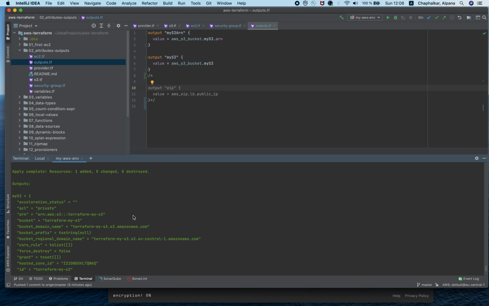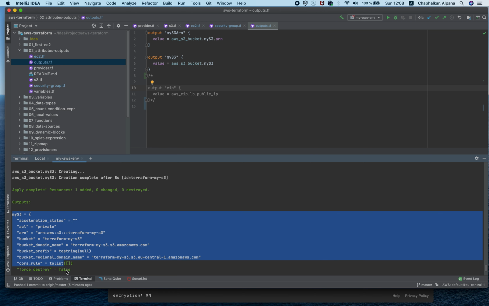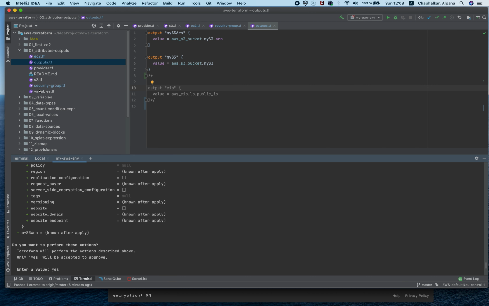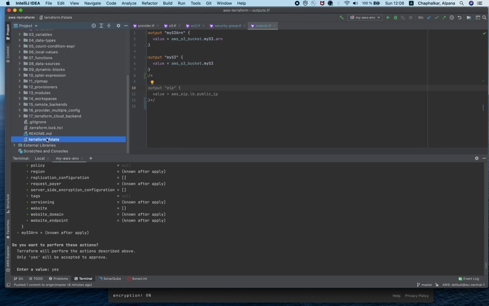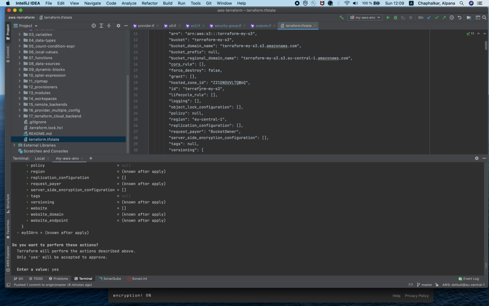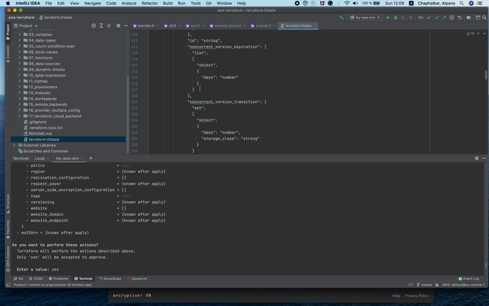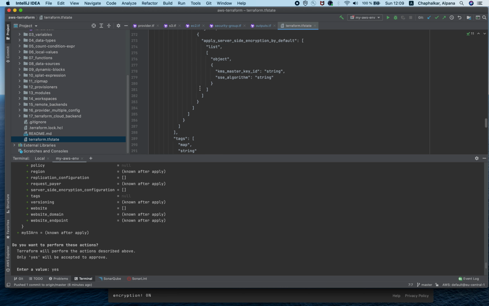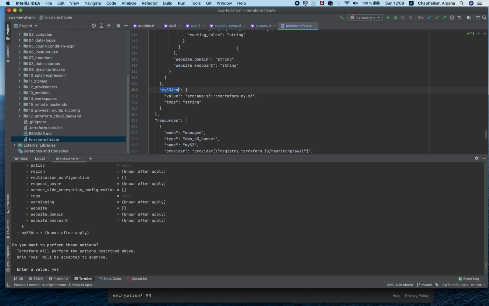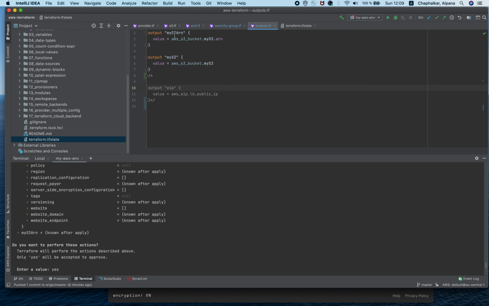So as you can see, this is the output of the provisioned S3 bucket. And let's see in the TF state file. The TF state file has been created in the root folder because from there we executed the terraform apply command. So you can see this is the output section in the TF state file. There is this my S3 output, and then also my S3 ARN output. So these are the outputs which we have defined.